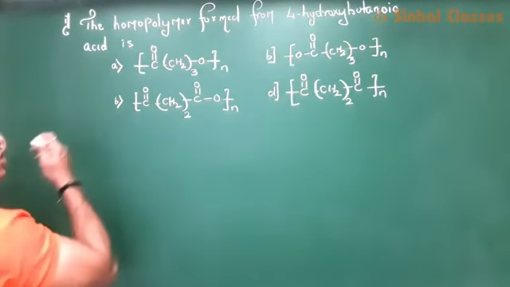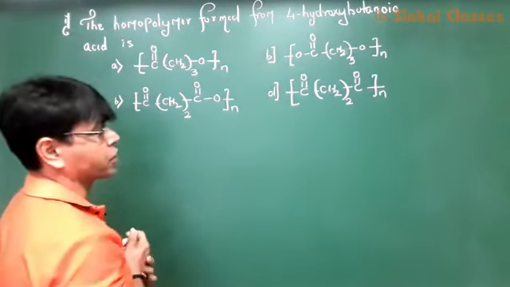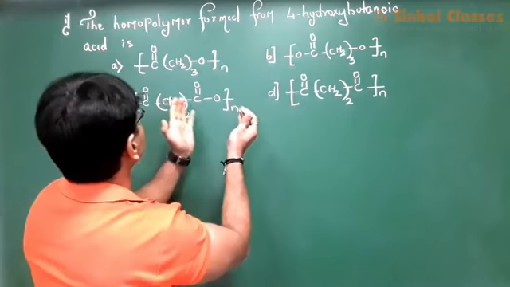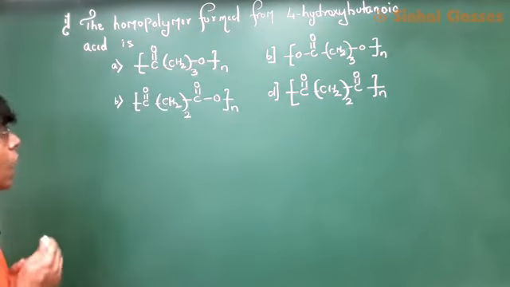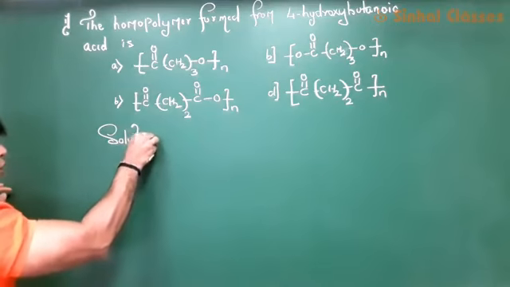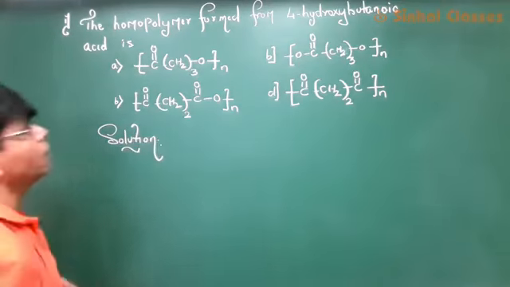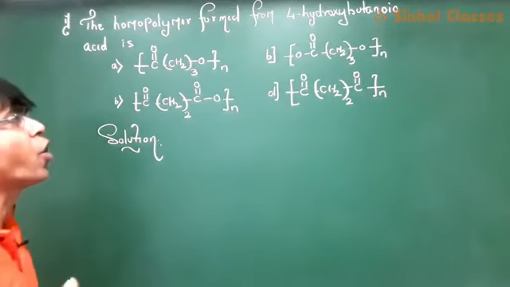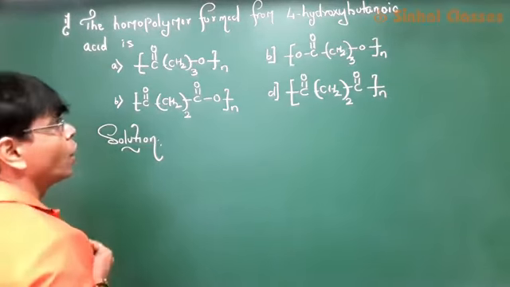4-hydroxybutanoic acid is. So these are the 4 options given to you and you have to select the one which is the correct answer. Now how will you go about with the solution part? First and foremost, what is 4-hydroxybutanoic acid? When I say